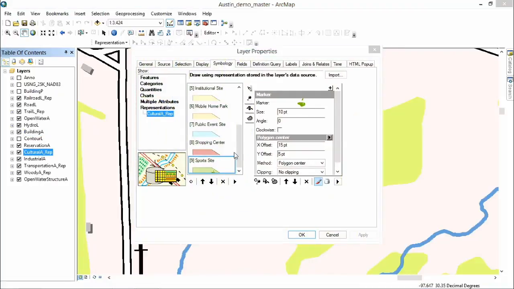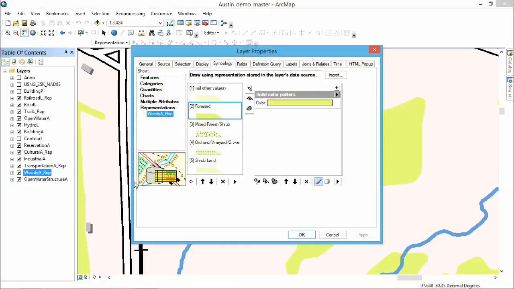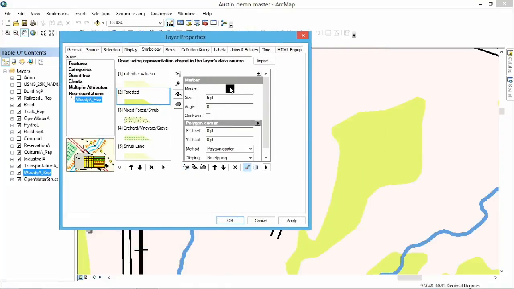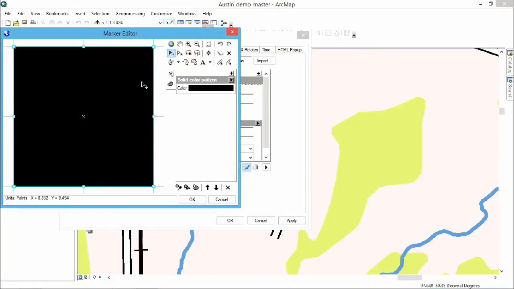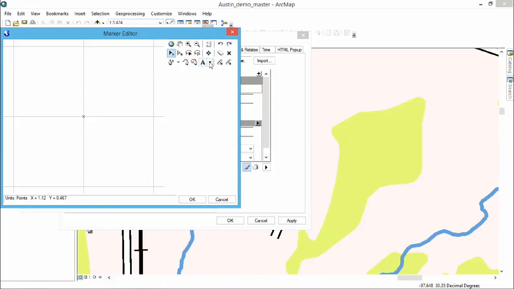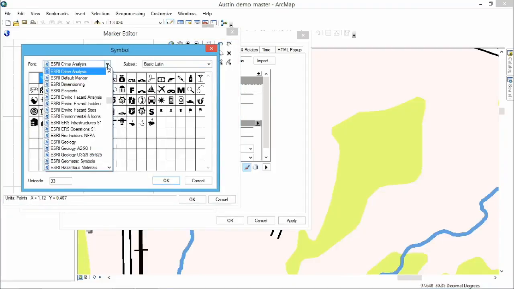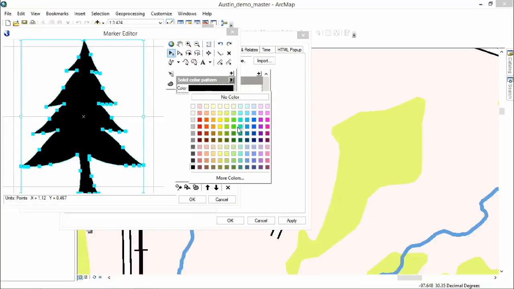So let's get to the right one here. So add a marker for this. And just like we did before, it's going to open up the selector. We're going to choose a glyph similar to what we did last time. So we're going to choose our tree symbol, pick the appropriate color,